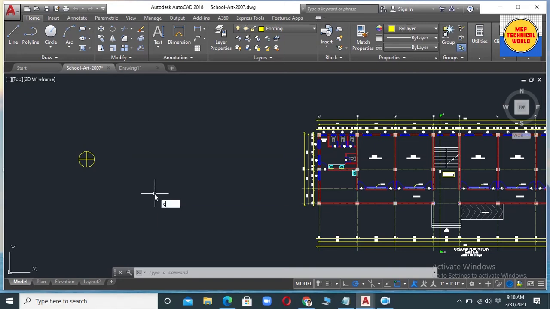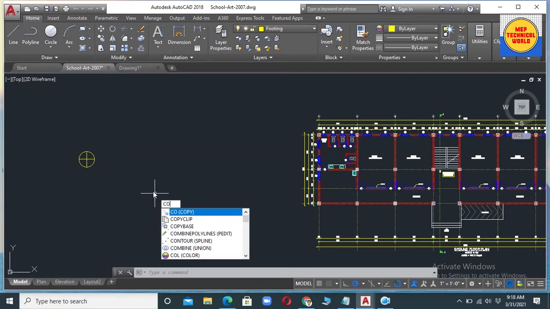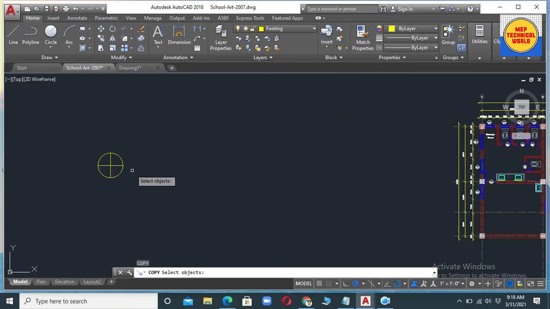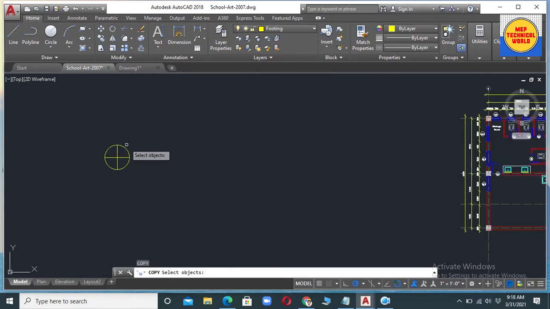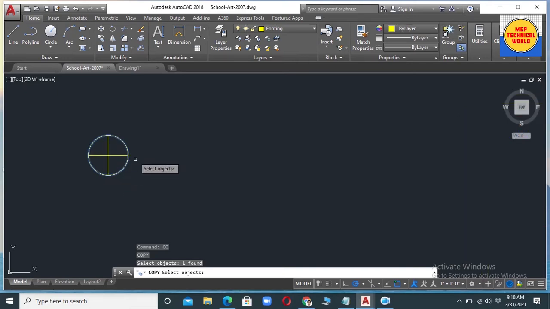So type CO and hit enter and select the object. While selecting the object, as you can see over here, we have to click on each object of this light. This light is made up of 3 objects. One is this circle, second one is this line, and third one is this line.